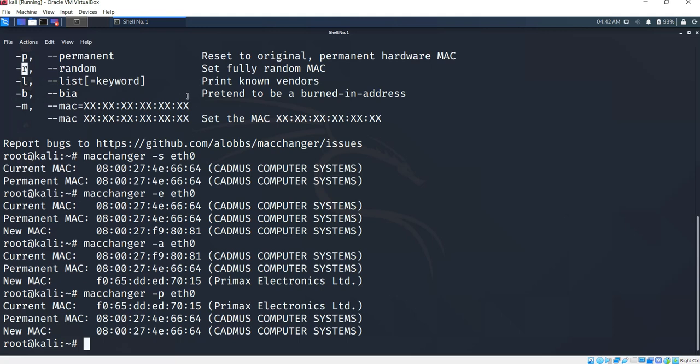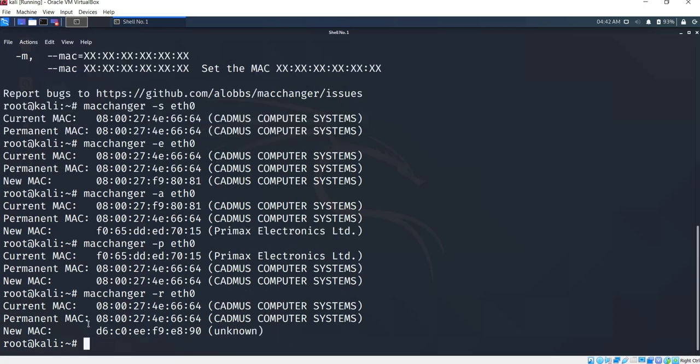Maybe that vendor doesn't exist. Let's check macchanger -r for the eth0 device. See, it gave a random one and the vendor name is unknown. So like that it will come.